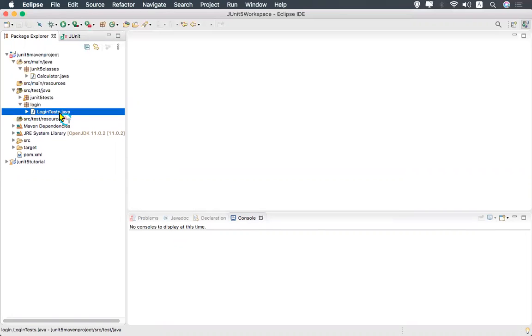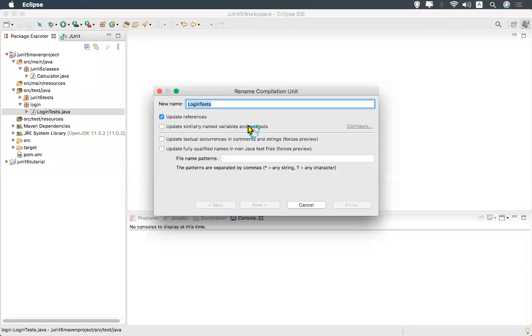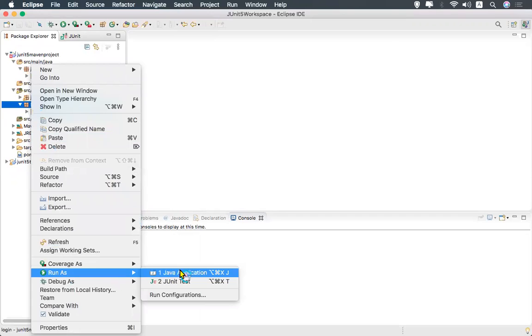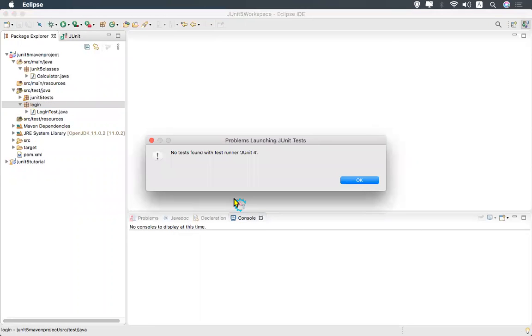You see, I have given login tests. That is the reason it is saying it is not able to find the login test. When I right click, run as JUnit test, still the same issue.